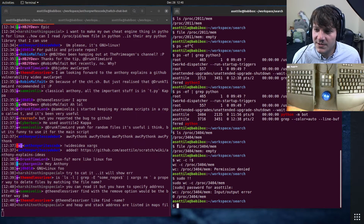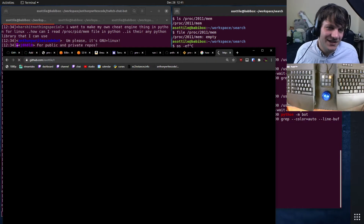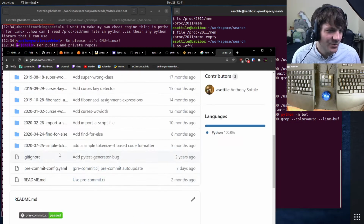I started keeping my random scripts in a repo called T. It's been very useful. I see, you also have a /T repository. Look at my T repository. I haven't put things in here in a while though. I should probably do that at some point, but